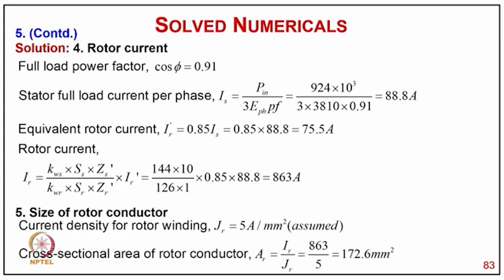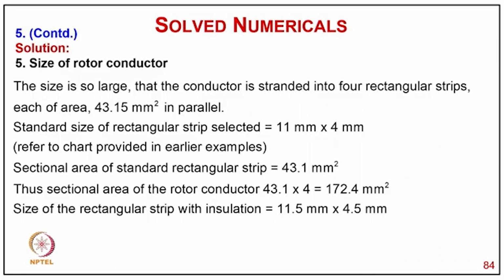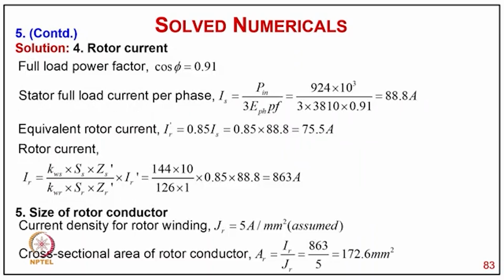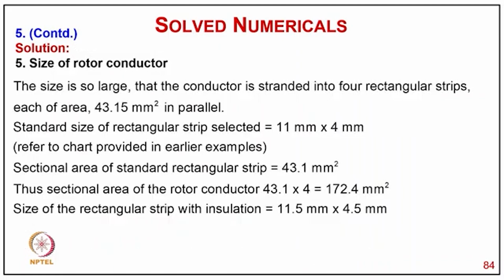Now the full load power factor is 0.91, so stator full load current per phase IS comes to 88.8, equivalent rotor current is 75, and rotor current is 863. For the rotor conductor size, the current density is taken as 5 ampere per millimeter square. So the cross section area of the rotor bar is AR equal to IR upon JR, so it comes to 172.6 millimeter square. The size is so large that the conductor is made of 4 rectangular strips, each of 43.15